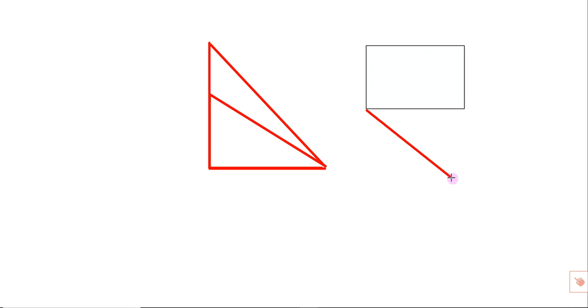I'm going to add a right-angled triangle on one side. Okay? What shape do I have? A trapezium, yes. Or a trapezoid, or whatever you want to call it. It's a trapezium. But you notice how I could start with a trapezium, and I could cut a trapezium into a rectangle and a